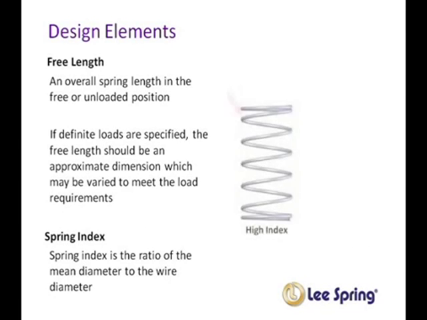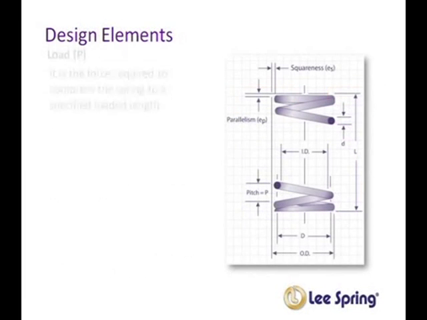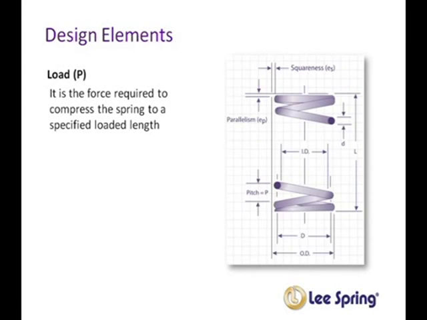A high index spring would have a smaller wire diameter and a higher spring diameter, similar to a light pressure spring. A low index spring would have a larger wire diameter and a lower spring diameter, similar to a hefty spring. Load is the force required to compress a spring to a specific height, rather than the amount of force to move the spring a specific unit,